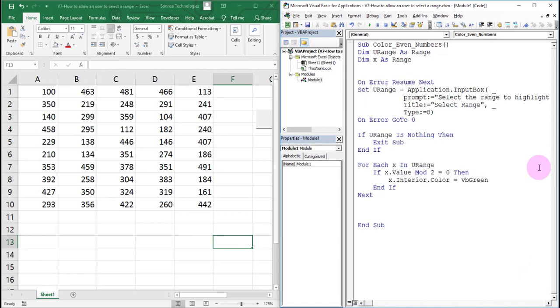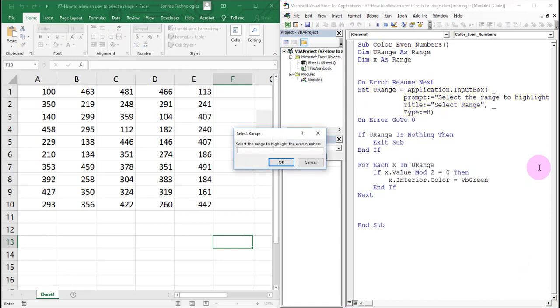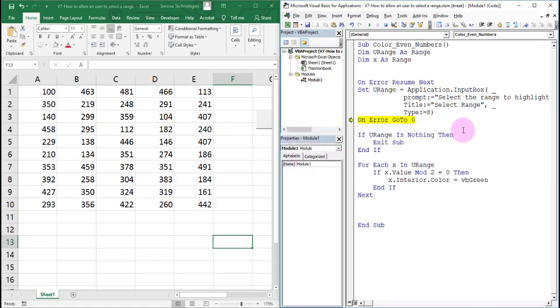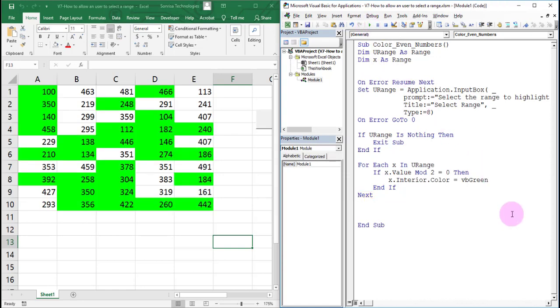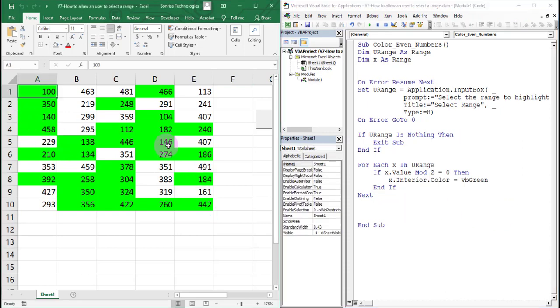Let us debug again. Select the range. For loop starts. Run the macro. Alternately, press the F5 function key. It loops through all the cells in the given range and fills the color accordingly.